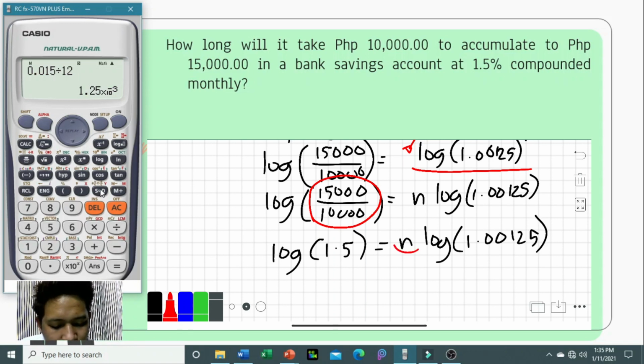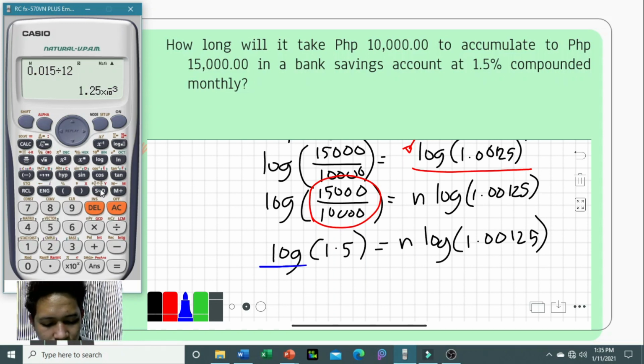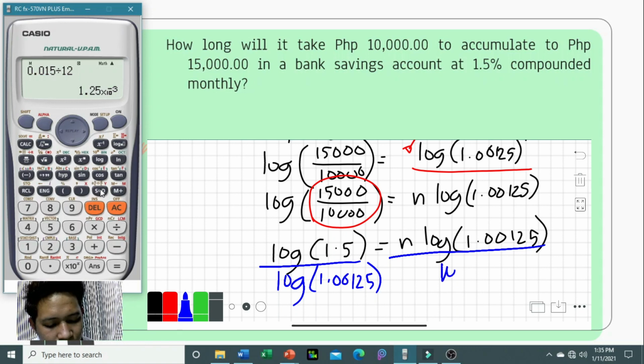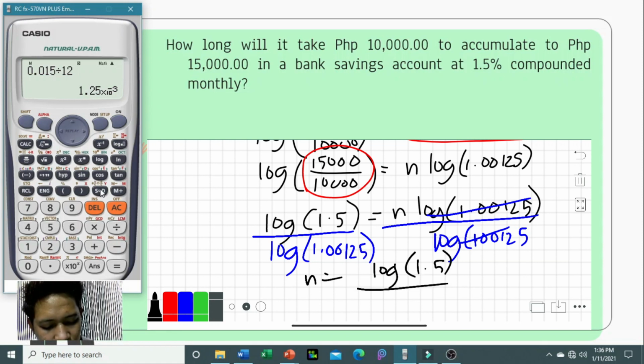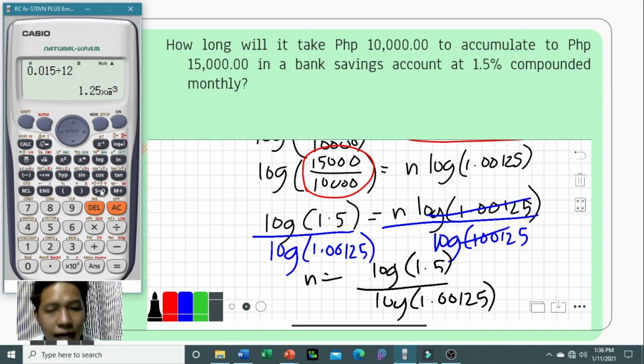So, para matira po si n dito sa kabilang side ng equation, we divide both sides by the log of 1.00125. Okay, para n na lang po yung matira sa kabilang side ng equation. Hence, we have n equals the log of 1.5 over the log of 1.00125. And using our calculator, we'll be having